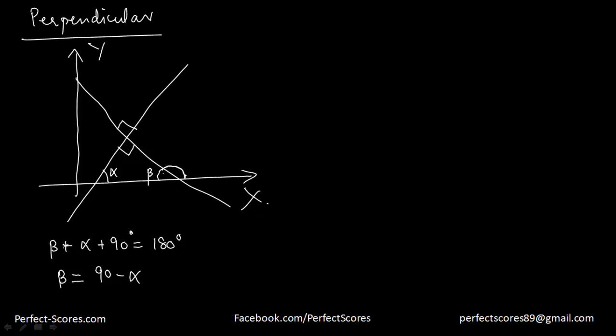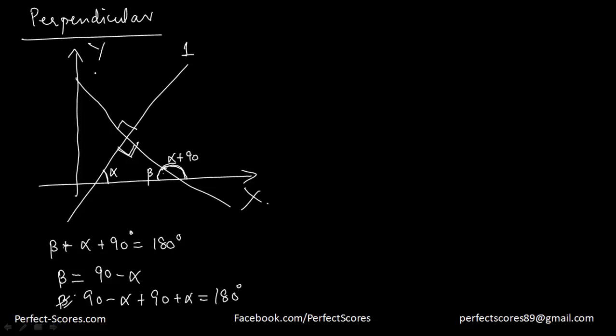And let's suppose this is another angle, then this angle is going to be equal to alpha plus 90, because the sum of these two angles is equal to 180 degrees. So the sum of beta, which is 90 minus alpha, plus 90 plus alpha will be equal to 180 degrees. Another way of saying this is that it is an external angle for this triangle, which is the sum of the two opposite interior angles. So this is nothing but alpha plus 90.